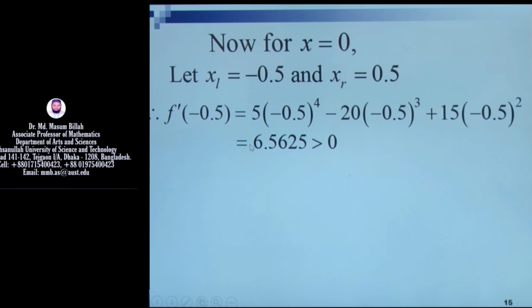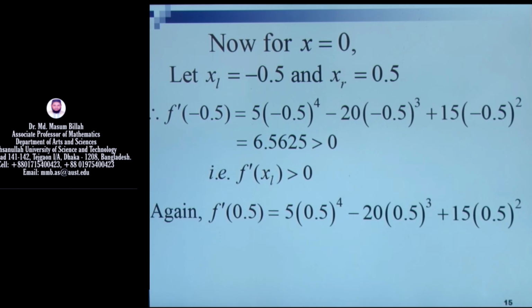So we may get, at the point x equal to 0, if this one is increasing or decreasing, then maximum value, or if increasing and increasing, then this one will be a point of inflection. So we may get 2 points, that is point of inflection or maximum value. Now we consider f prime xr, that is f prime 0.5, this calculation is 1.5625. This one is also positive. So increasing and increasing, the function has no maximum value here.